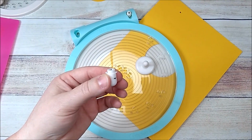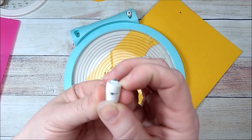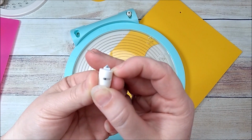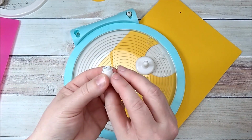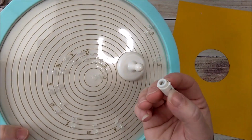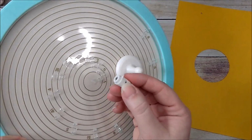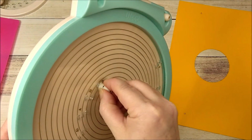And I hope my camera focused back. Alright, this is your little blade. You push this right here down, and there's your blade right there. See? It has this little housing that goes over it, which is great. What you do is you take your little blade here, put it in the little hole, press it down,